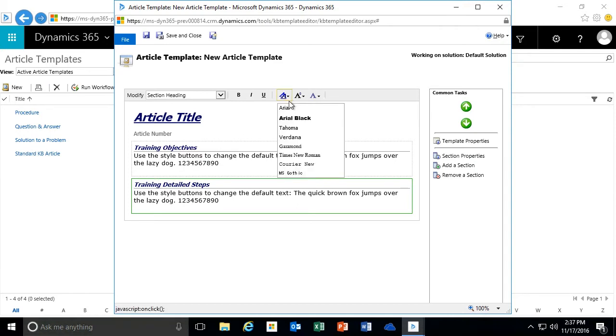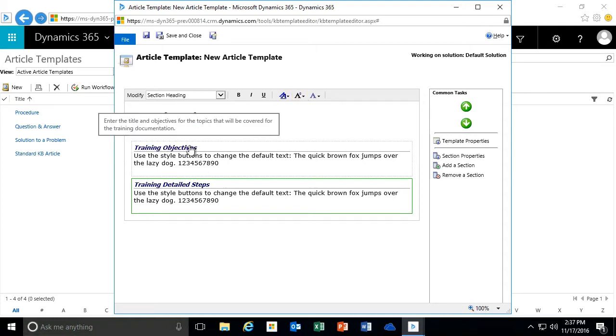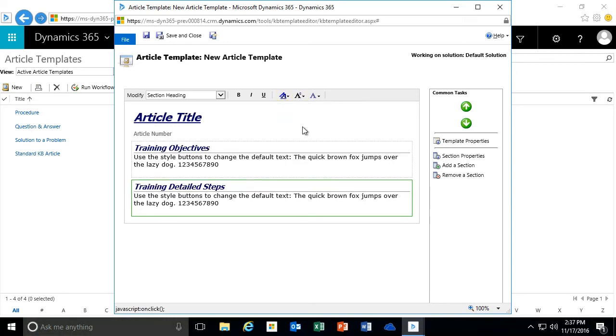Same thing if I go in and change my font to Tahoma. And let's also say that not only do I want it to be Tahoma and italicized, but I do want to make it a little bit larger. So we'll make it 12 points. And then the color itself is pretty consistent, but we're just going to make sure it's the same color. So as I go through and make these changes, again, the goal of this is to be able to